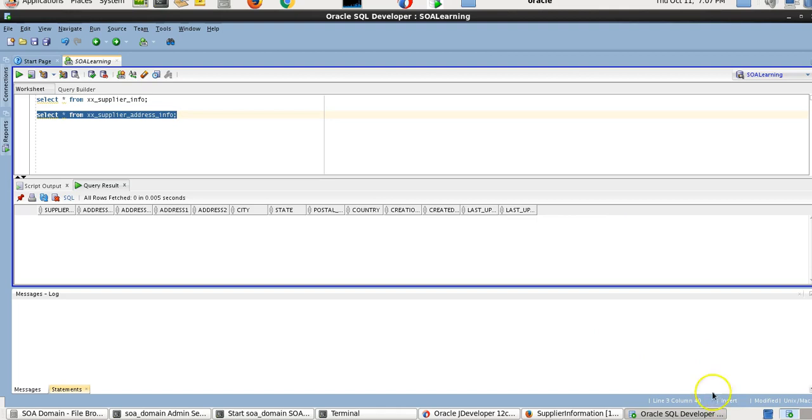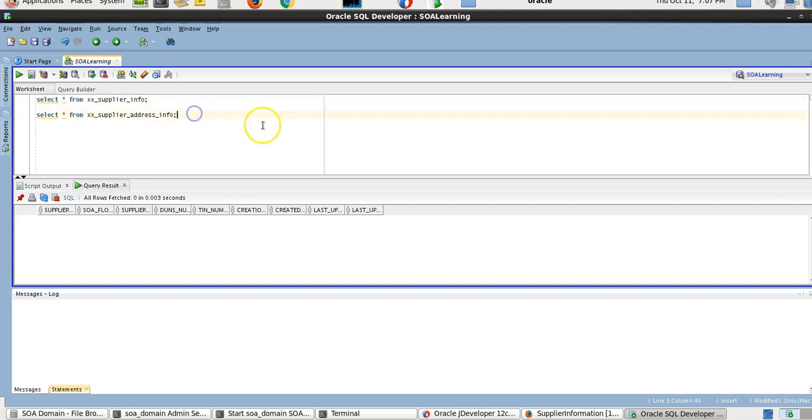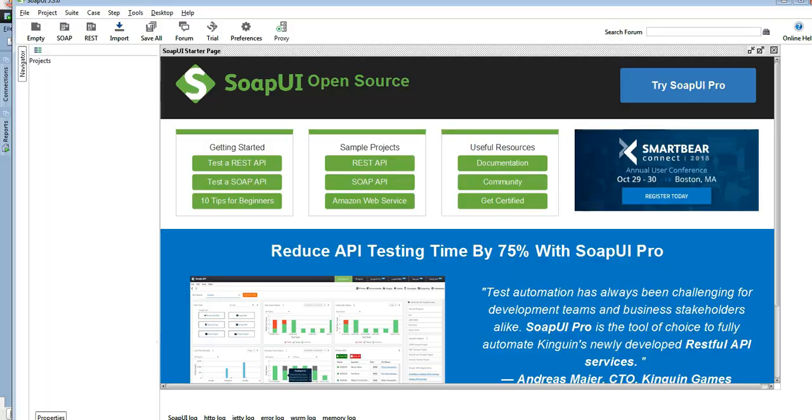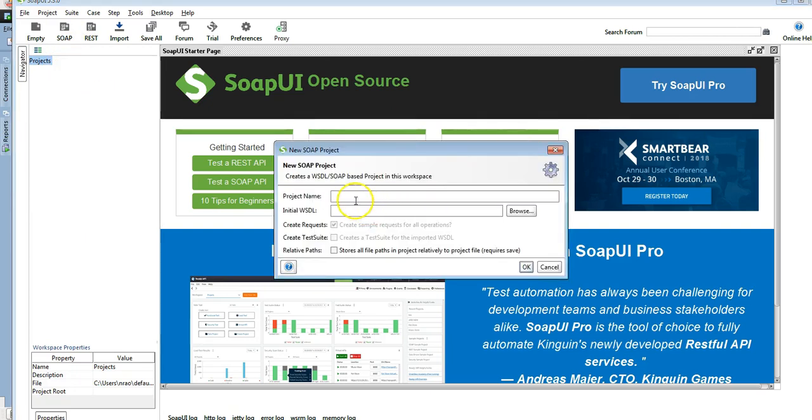So now I am in SQL Developer and I am running the queries before we execute a test case. And as you see here, I don't have any data in the table. And let us now go to SOAP UI and create a new project. So in SOAP UI, I create a new SOAP project and I enter this as supply information, and I'll paste the WSDL URL that I copied. And okay,